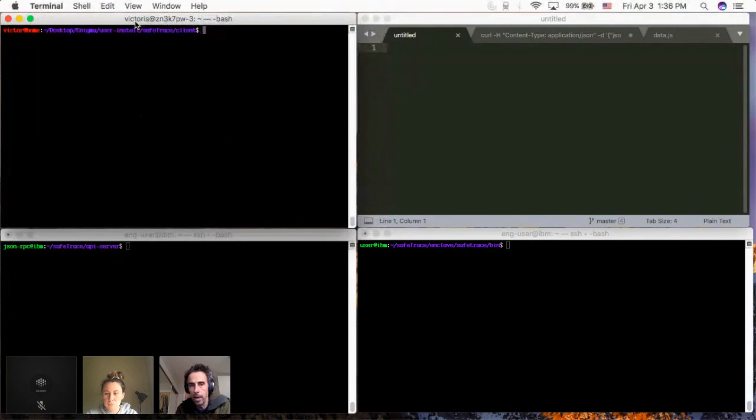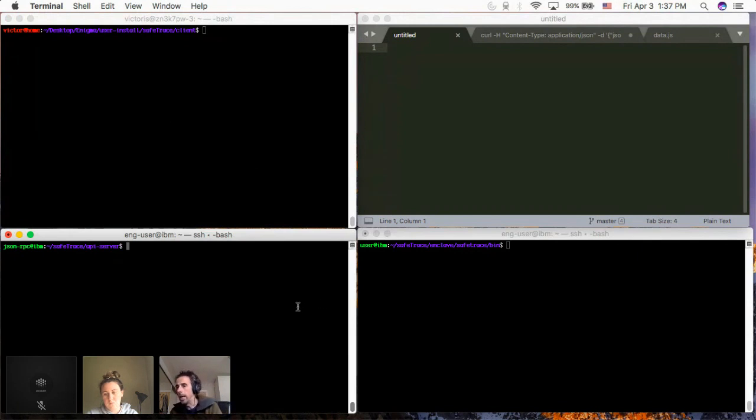On the top left corner, I have what would be my client. And on the 2 lower windows, I have the things that are running on the server. This is a server that we are right now hosting on IBM Cloud, and it's a special server in that it has to have SGX capabilities and SGX enabled.